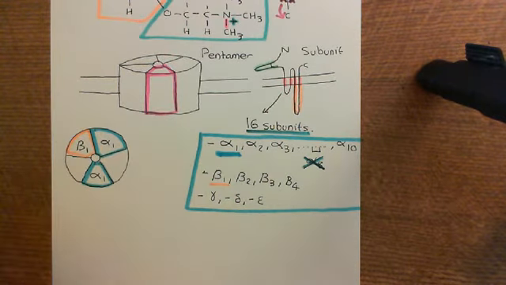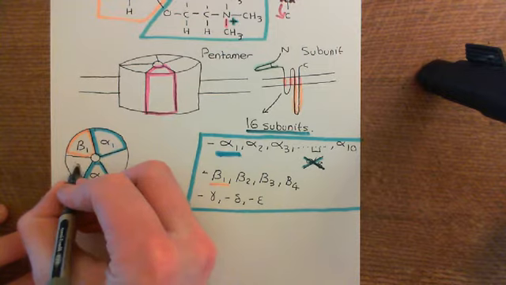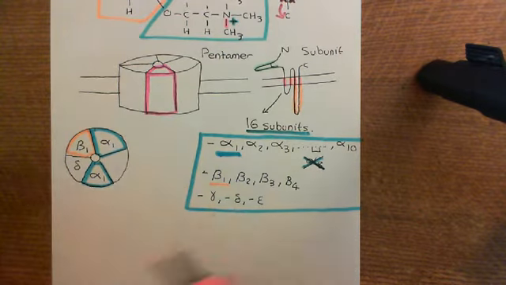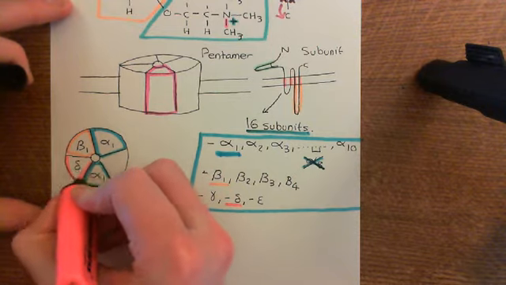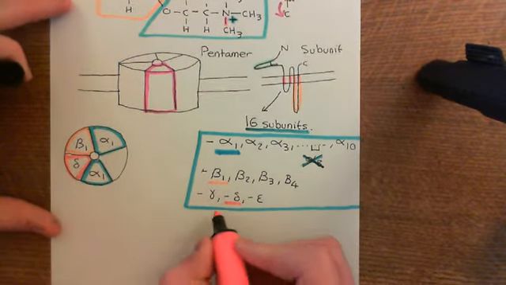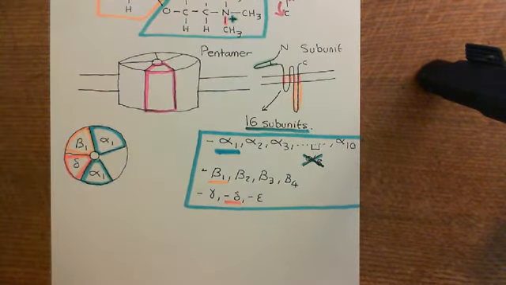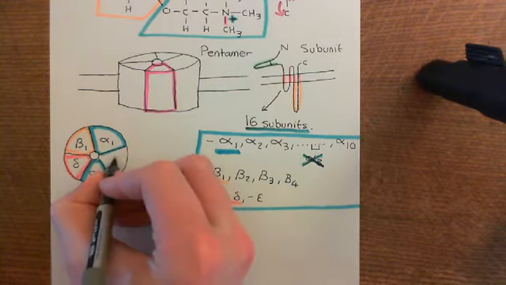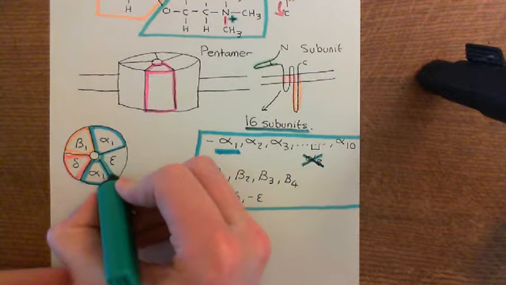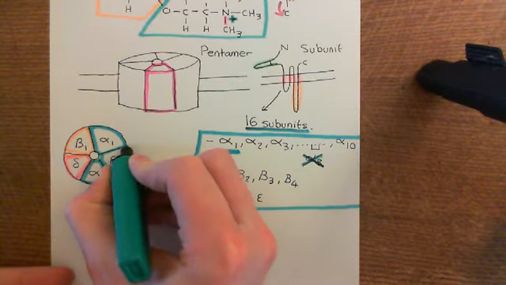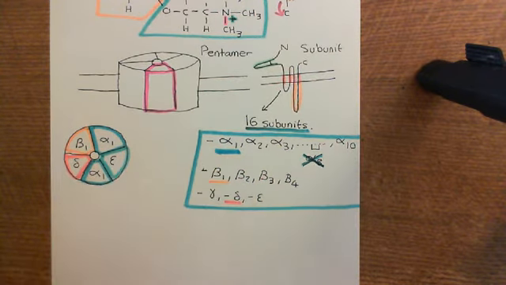Next we'll put in the delta subunit. So the delta subunit is going to go here. So this subunit here, in red. And then finally, we're going to have the epsilon subunit here, in turquoise. Now, there is a subtle point here, which could confuse you if you just type in